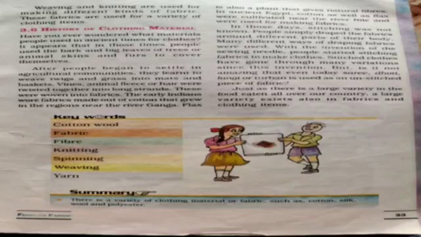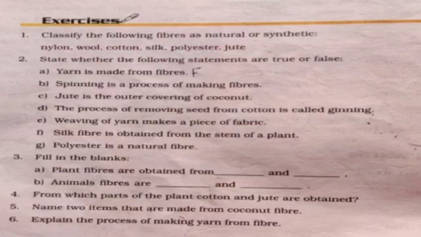After that, with the invention of the sewing machine, people started stitching fabrics to make clothes. Stitched clothes have gone through many variations since this invention, but it is amazing that even today the sari, dhoti, lungi or turban is still used as an unstitched piece of fabric. So just as there is a large variety in the food eaten all over our country, a large variety exists also in fabrics and clothing items.